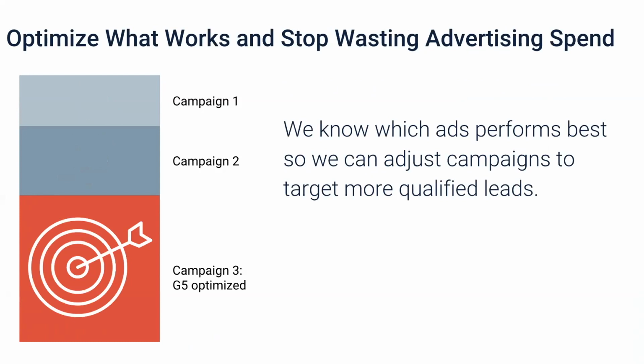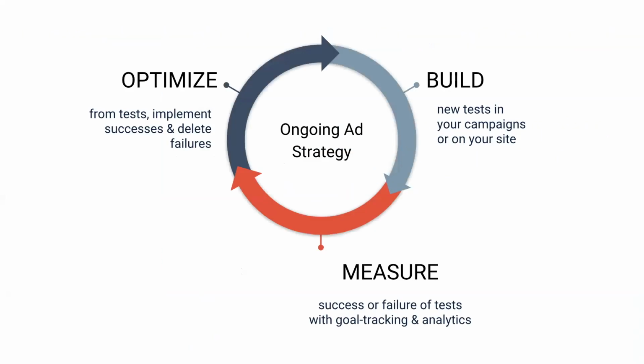Through our call attribution, we can now see how each campaign is performing and which keywords are drawing people who actually convert. This really allows us to spend more on the right campaigns and keywords that get the right types of prospects. So we're trying to minimize that wasted spend. And with that partnership, it really means that we're running an ongoing strategy for you. So one less thing for you to worry about. And this includes building the campaigns, measuring their success, and then iterating on them to optimize each one and make sure that they're performing as well as they can.